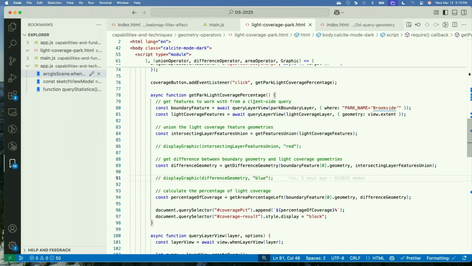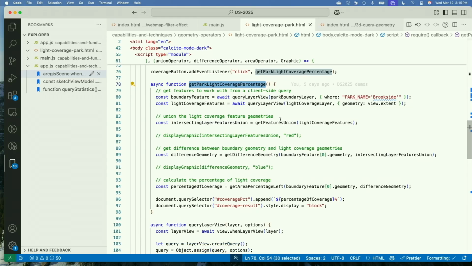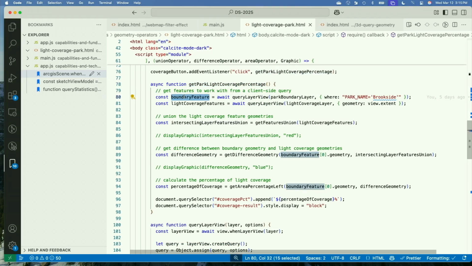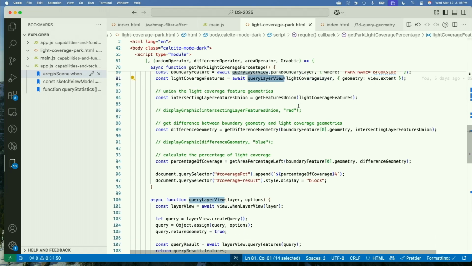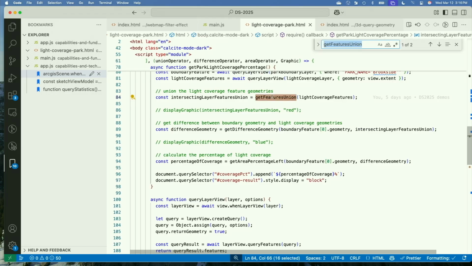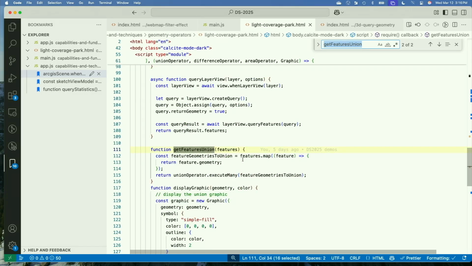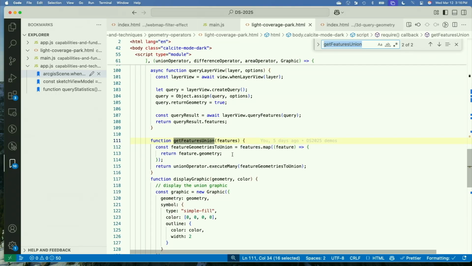So here I have a function called get park light coverage percentage. I'm going to get the boundary feature, which is the park's boundary, and then I'm going to get the light coverage features, from my light coverage layer. And then I'm going to create a union of those light coverage features. So here I have a function called get features union, pass in those light coverage features, and this is just going to get all of the features from that layer and execute the union operator, that geometry operator,